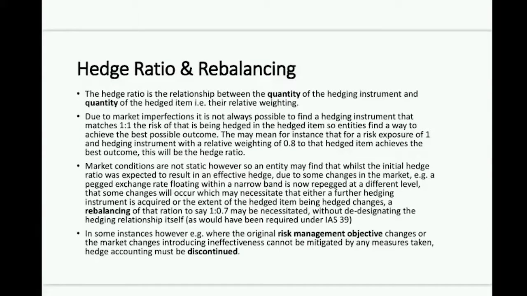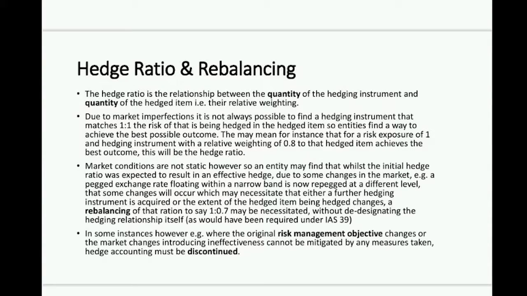So at this point in time, I'm already in my hedging instrument. I can't get out of it. But now I'll designate 70% of my derivative as being in the hedging relationship, and the 30% now goes to be treated as an open derivative with changes going through profit or loss. And 70% of it is part of my hedging relationship. That is what we call rebalancing the hedge ratio.